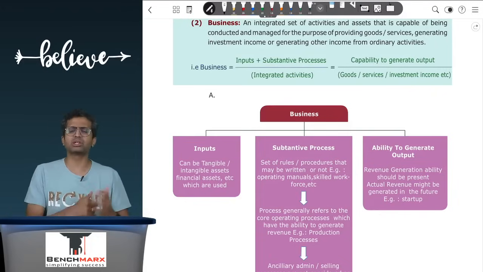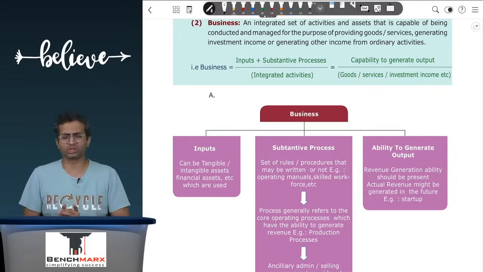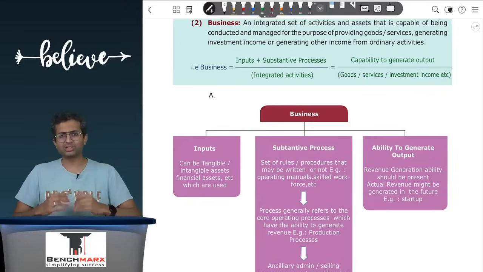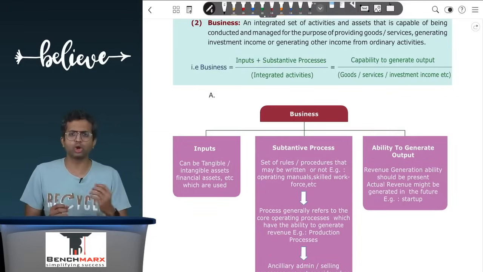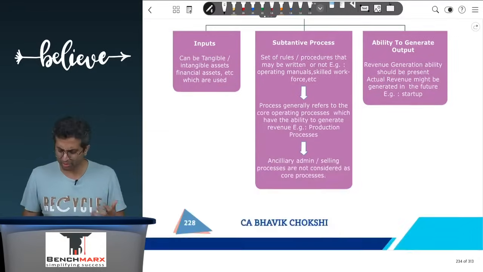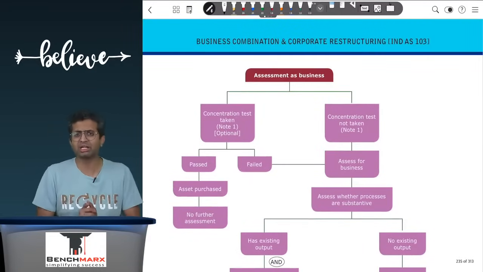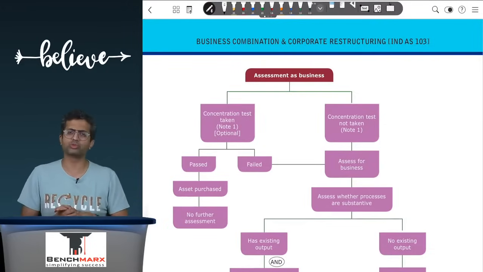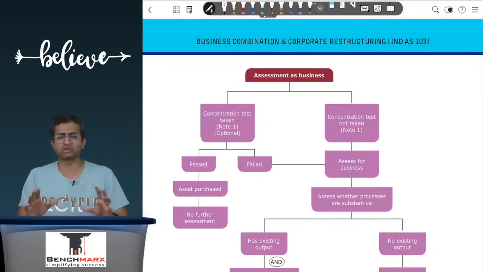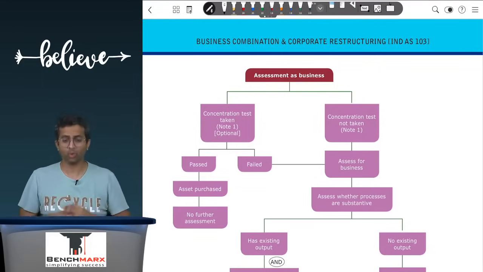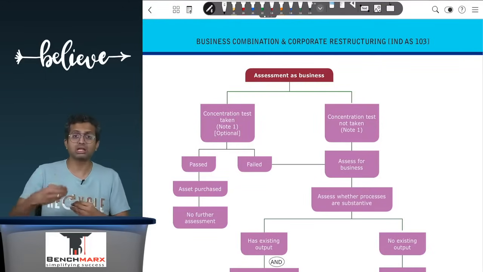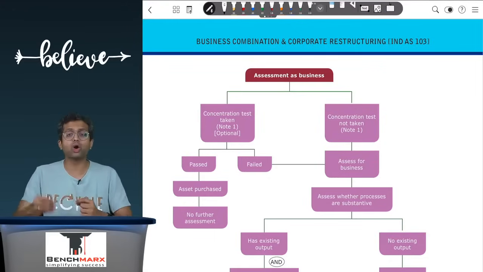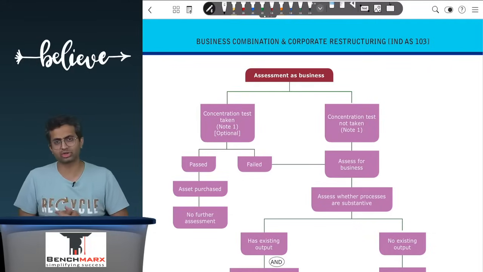Now there was a recent amendment, I think a couple of years or a year or so back, where the definition of business has been elaborated a lot more in a lot more detailed manner, though from an exam perspective it is not as significant, but nevertheless we have a separate amendment video, I think in 2021 or so, where this was introduced, but it is not as important. Nevertheless, if you want to understand what is there within business, the standard now says that you can opt for an optional concentration test first.